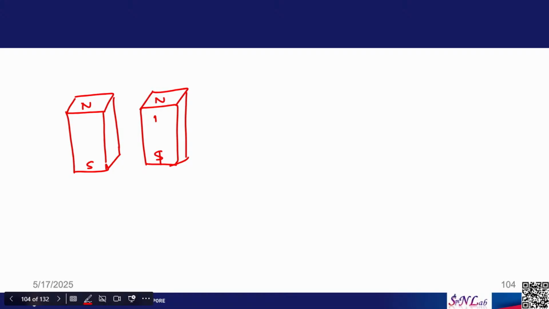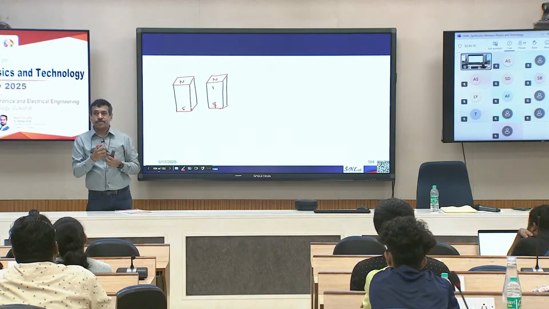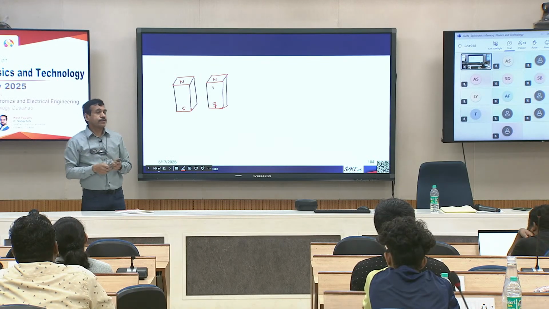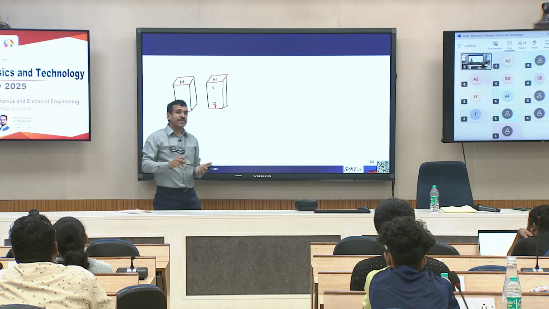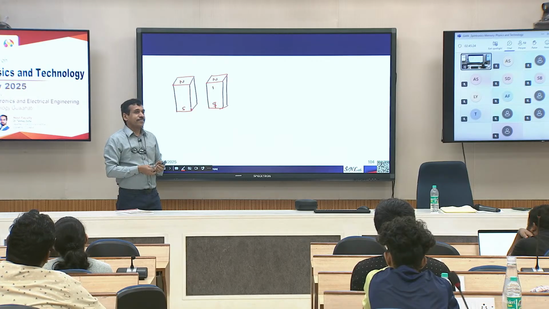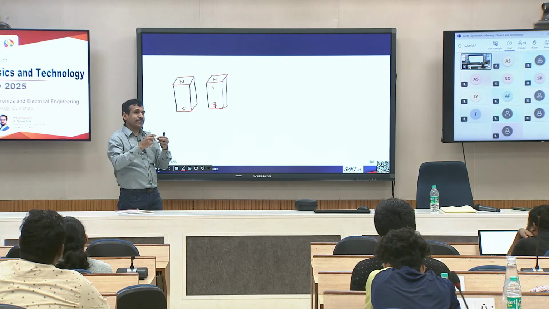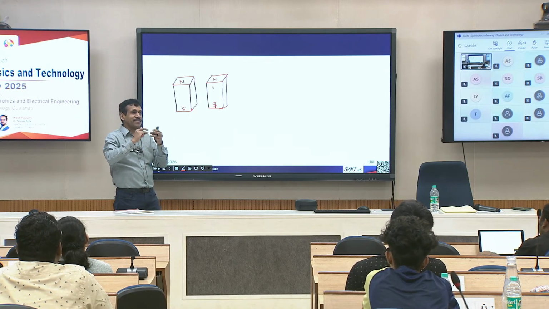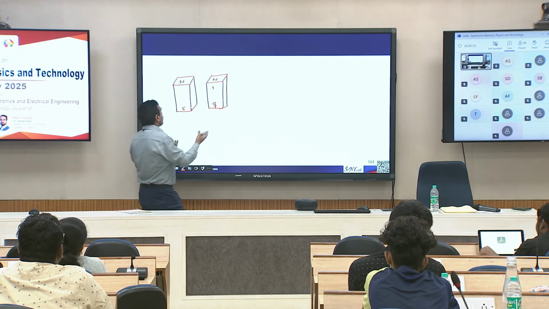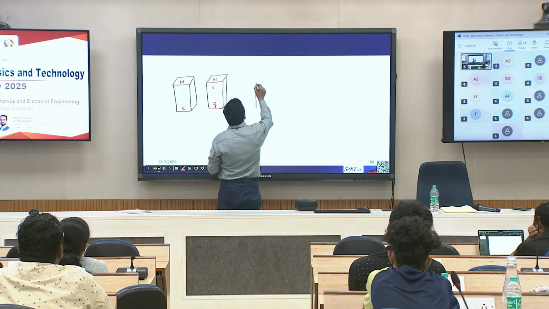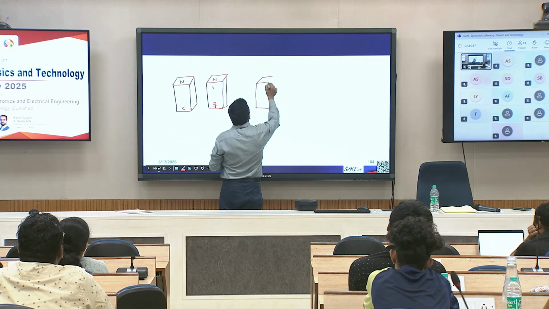Let us say I have two magnets, both of them with the north pole up. I try to bring them close to each other. What will happen? They will repel. Okay. What else can happen? If I bring them too close and I am not holding them tight, they can rotate, right? They can rotate and probably they will form